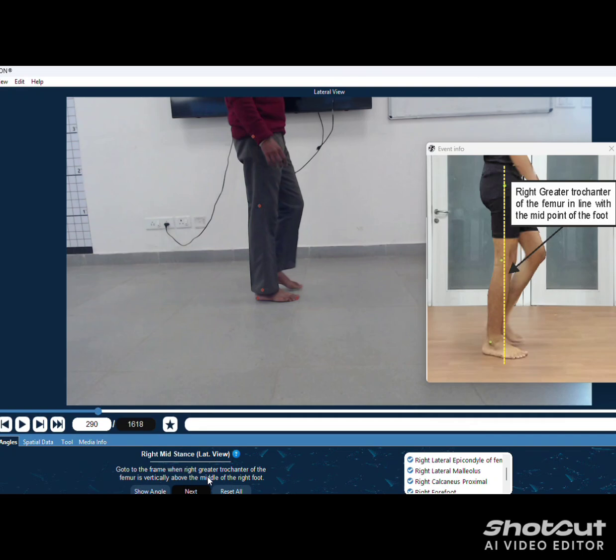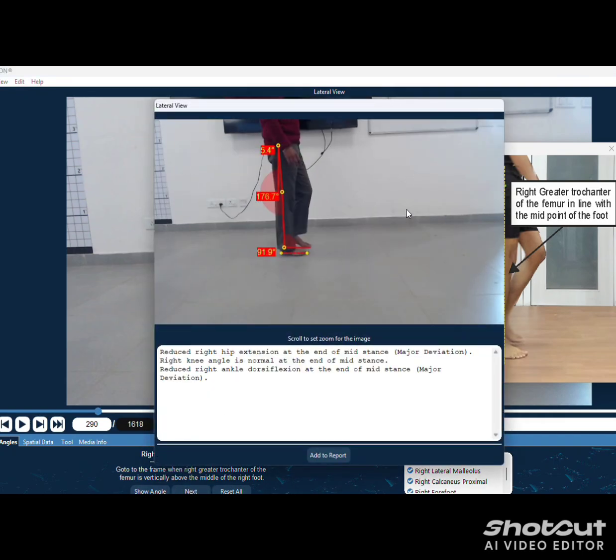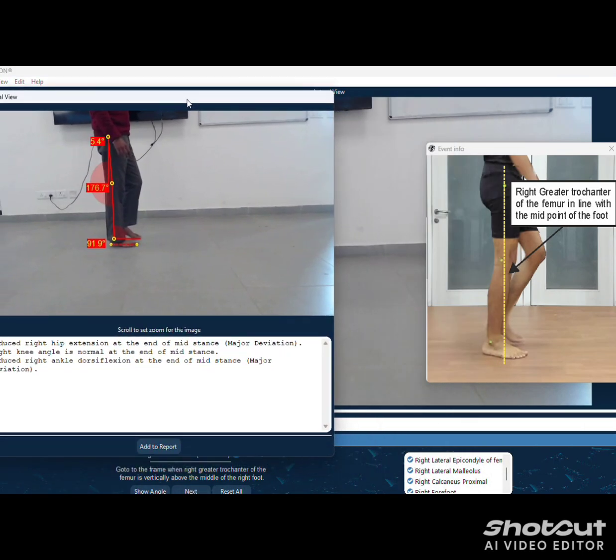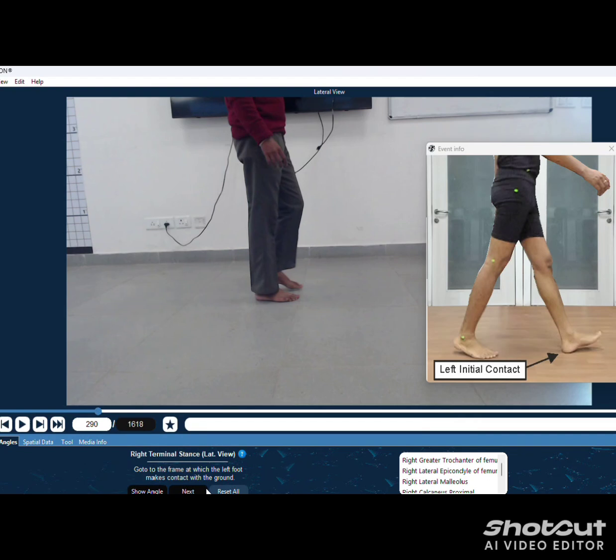After placing all markers, move to show angle. Your result has been shown, and then click on add to report, and then click on next.